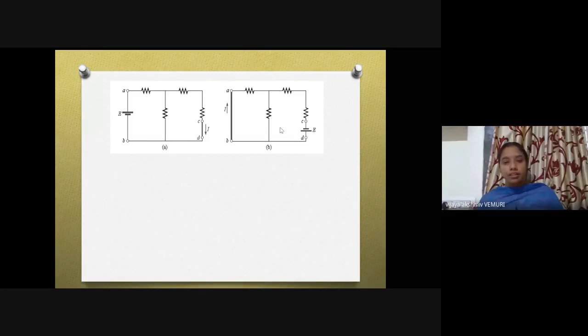And measure the current in this direction, upwards. Why? Because if you keep the same polarity here, for example, positive and negative here, and here also you kept positive and negative, then the current has to be measured downwards. Since I have kept it in this manner, the current is measured upwards. Through this positive polarity, the current comes and divides and flows through this branch AB.